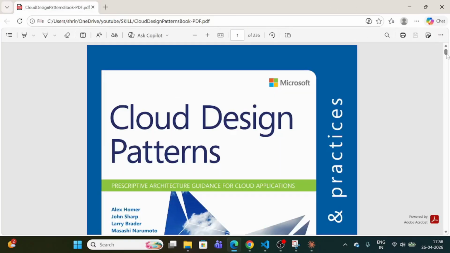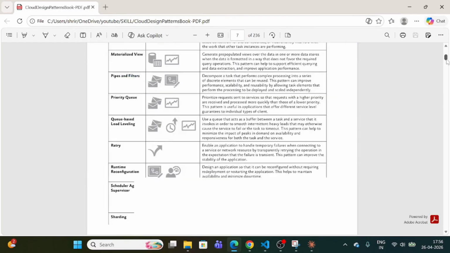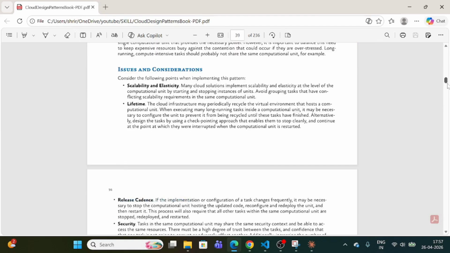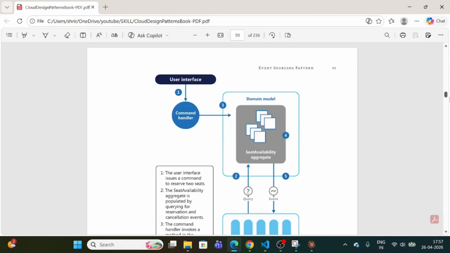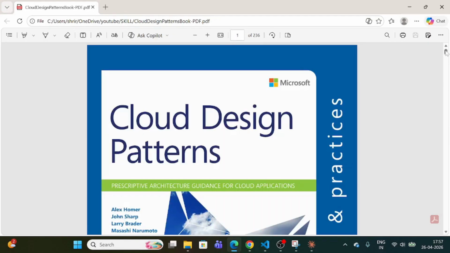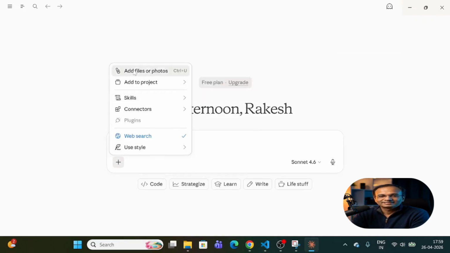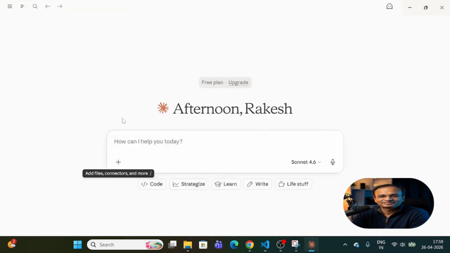Here is the document which has some content related to cloud design pattern. As you can see, it is a very long document. We would be using this document to extract only the useful 5 key points using the skill we just created. Let's upload that PDF document and select our newly created Key Point Extractor skill.